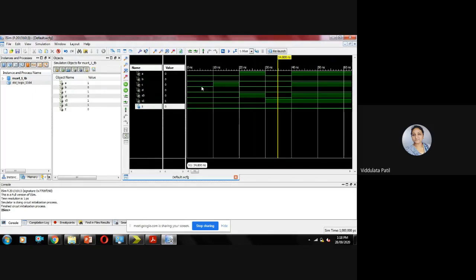In the next case, S0 is 0, S1 is 0, as B is 0, output is 0. And in the last state again, S0 is 1, S1 is 1, but as D is equal to 0, output is 0. So that means as inputs are 0 at each of the particular cases of the select inputs, output is 0 in all the cases.